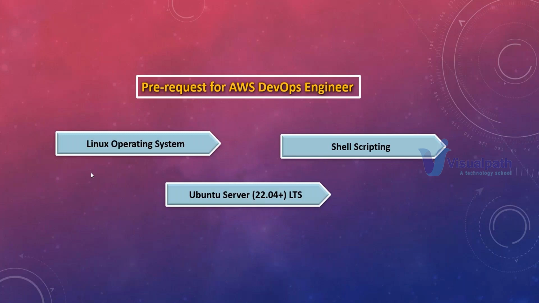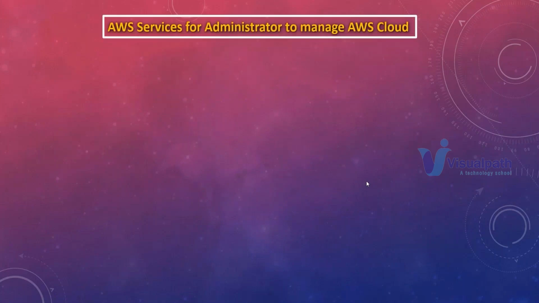Okay. Let us discuss that after understanding the tools. Now, after learning these particular tools, what do I have to learn next? The next one is AWS services. Since you are talking about AWS cloud computing, you need to learn about AWS services. Right now, I cannot explain each and every service, but let me list down all the services we are going to cover in this particular course.